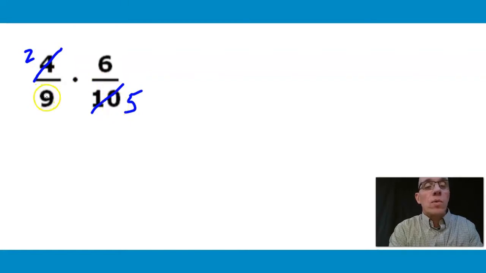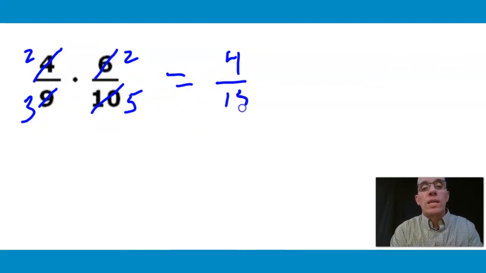And now I also recognize that 9 and 6 have a common factor of 3. So divide by 3, that becomes 2. 9 divided by 3 is 3. So now all I'm multiplying is 2 times 2, which gives me 4. 3 times 5 gives me 15. And it looks like I'm done. If you missed one of those, let's say you missed that the 9 and the 6 had that common factor of 3, you could still do it, and you would have ended up with